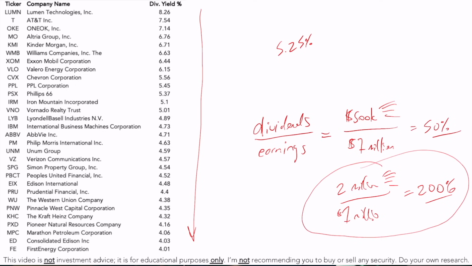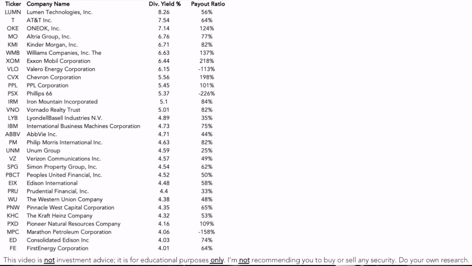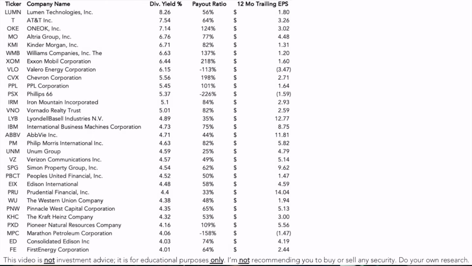So if we look at this entire list of stocks, we can calculate the average payout ratio, excluding the negative numbers, which I'll get to in a second. It has a payout ratio of 80%. We want to go for closer to 50%. 80 is definitely too high. So to fix this, we're going to go through and get rid of all the stocks that have a payout ratio of 100% or more. If we eliminate all of those stocks and then re-rank everything by top dividend yield, we would then have this